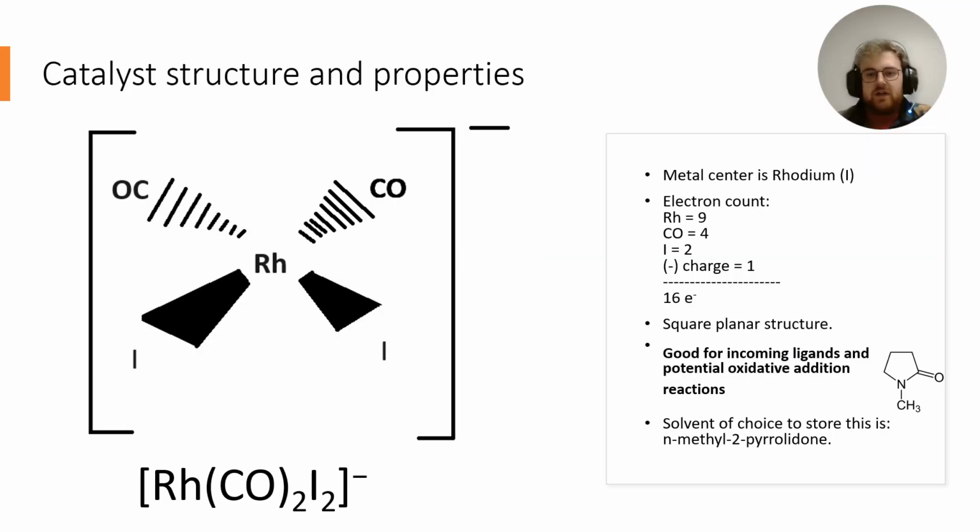So let's take a look here at the catalyst structure itself. This is a rhodium metal-centered catalyst complex with two carbonyl groups and two iodine groups. The electron count here is done on the right-hand side, and it comes out to a total of 16 electrons. The structure of this catalyst also has a square planar structure. With 16 electrons and the square planar structure, it makes it a very good candidate for reactivity and potential oxidative